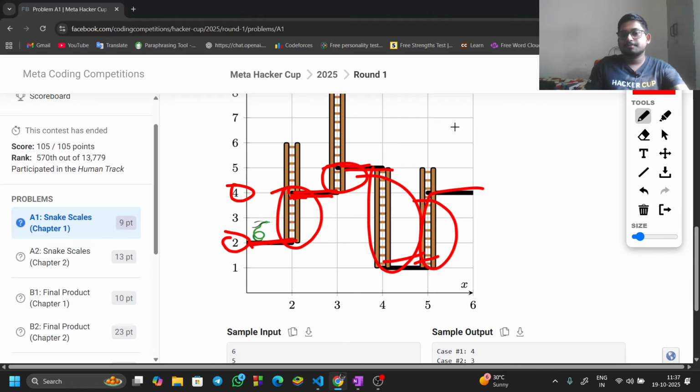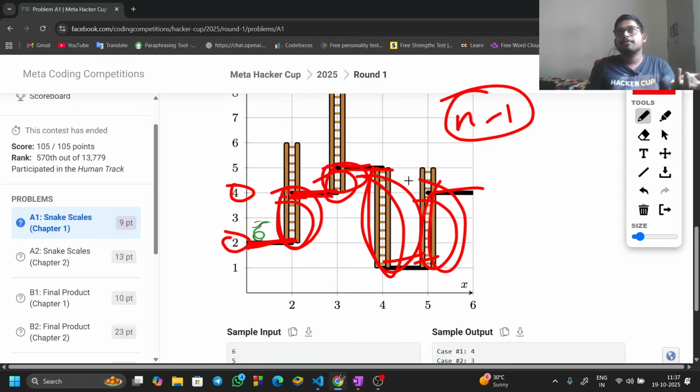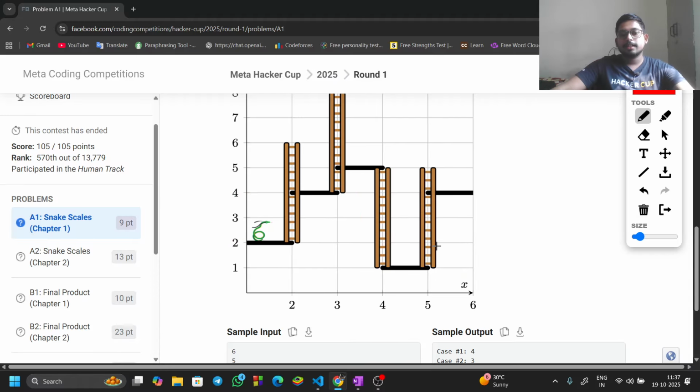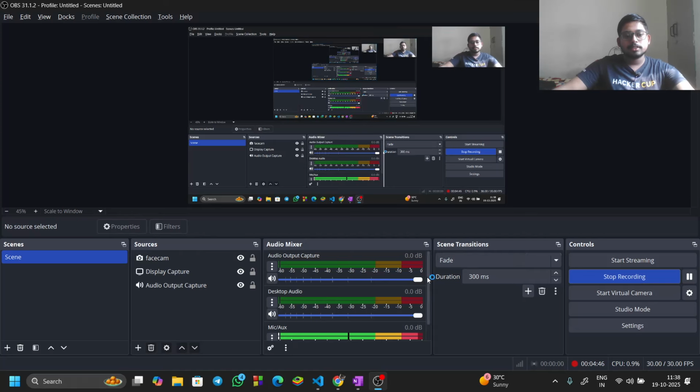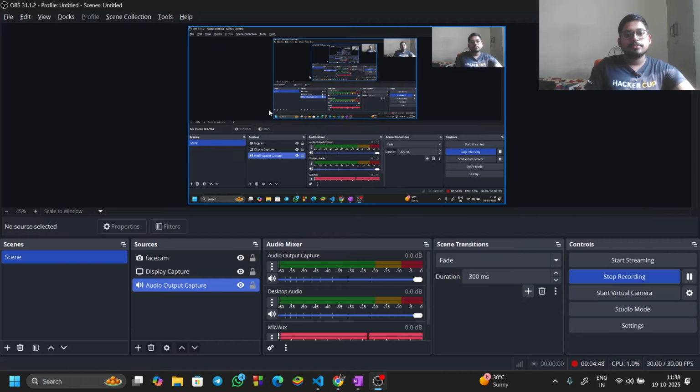Okay, so if you have n minus 1 requirements, between every i and i plus 1 there would be one requirement. All the requirements state that the height h should be greater than or equal to some value, some value, some value. So the minimum h you can pick to satisfy all those conditions is the maximum among those values. So basically you can say that if you are given an array A, something like 2 4 5 1 as in the first test case, then your final answer is